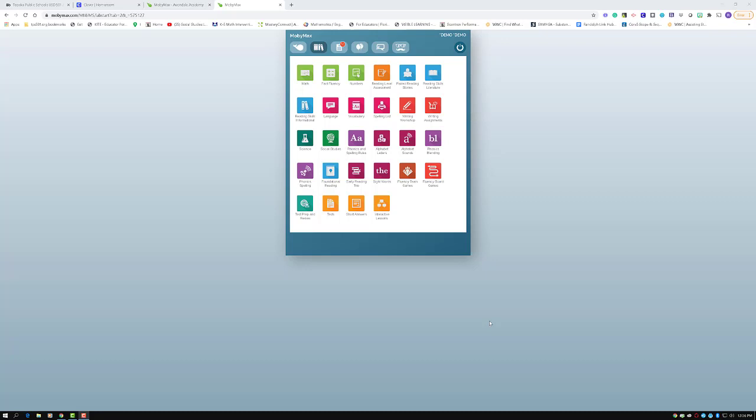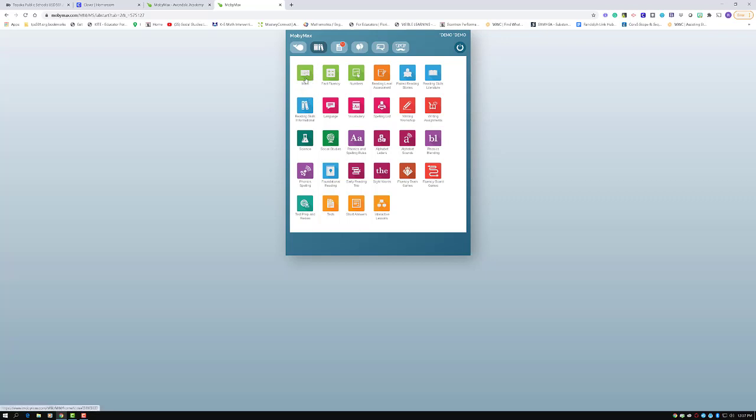Another program component of MobyMax for early literacy is sight words. Once your students have logged into MobyMax through Clever, they will get to a screen that looks just like this. The programs are located within the icon that is the 4 books with the one tilted on its side. And if we look at the sight word program and you have assigned all of the activities or modules to your